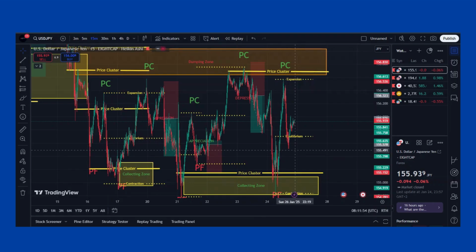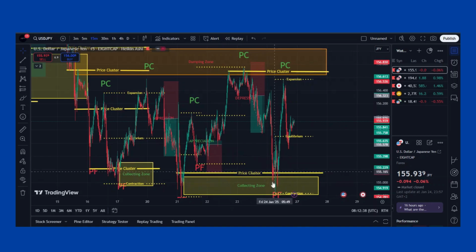Because we are in a construction zone, I was waiting for an appreciation level to be formed to take the upside, but there was no clear appreciation level. The market just went through to the expansion zone. From the expansion zone, the price went down, and I was looking for a depreciation level to be formed again. No depreciation level was formed, and the price went down. Now it's currently retracing, so I'll be looking for the price to at least come up and form another expansion level, or go down and form another construction level, and I'll be looking for an appropriate